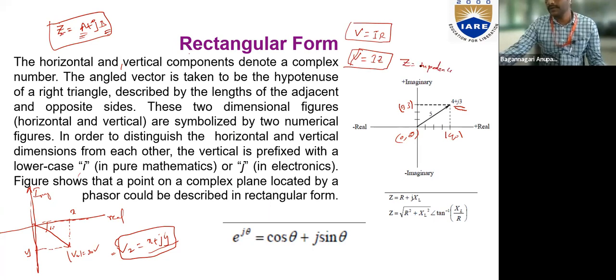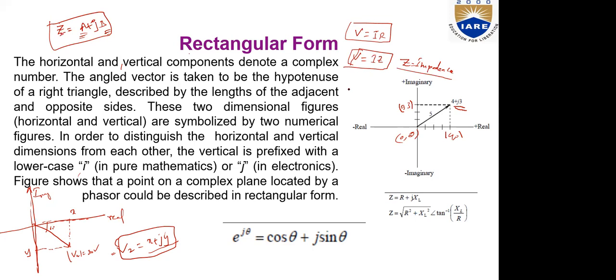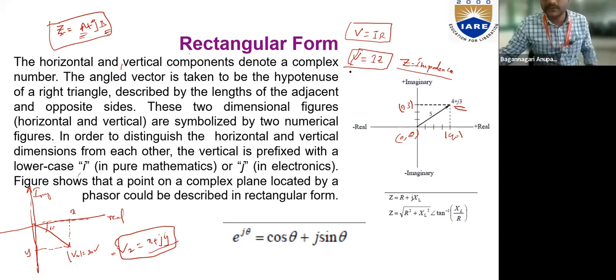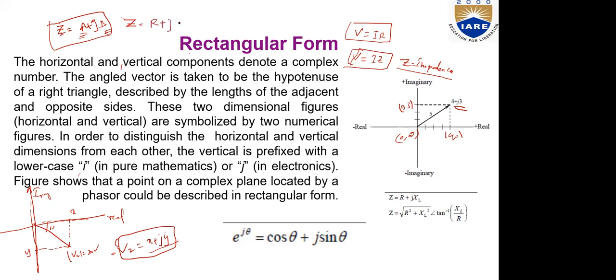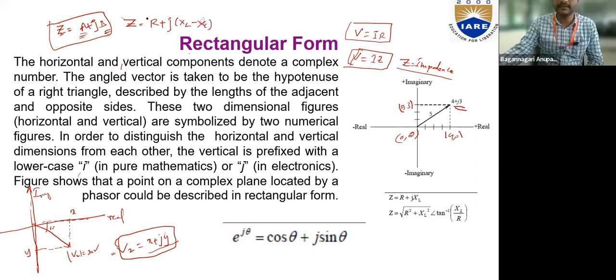So now, if I have an impedance, what are the components that comprise the impedance then? Inductor, resistor, and capacitor. Yeah, so the complete equation for Z can be given as R plus j into (XL minus XC). Yeah, XL minus XC is the equation which we can write for Z.